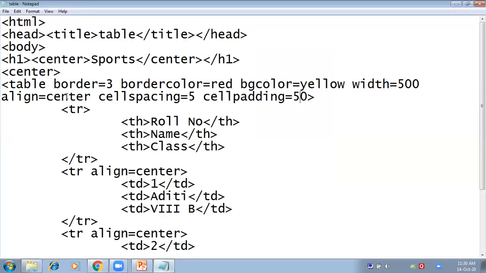So this is how we can insert only the content inside the table. For creating the table, how many tags have we used? We have used a table tag first, then a tr tag for the creation of rows. In each row we have inserted the data, and for that we have used the td tag. For heading we have used the th tag, that is table heading. If there is no heading in your table, you can directly start with the td tag also.